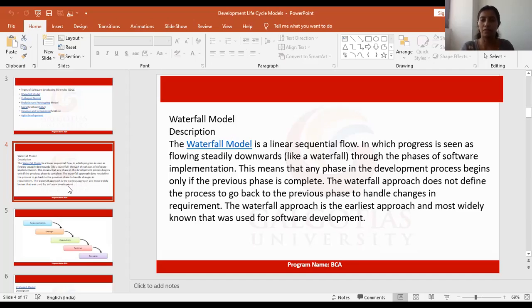This means that any phase in the development process begins only if the previous phase is complete. The waterfall approach does not define the process to go back to the previous phase to handle challenges in requirements. The waterfall approach is the earliest approach and the most widely known that was used for software development.